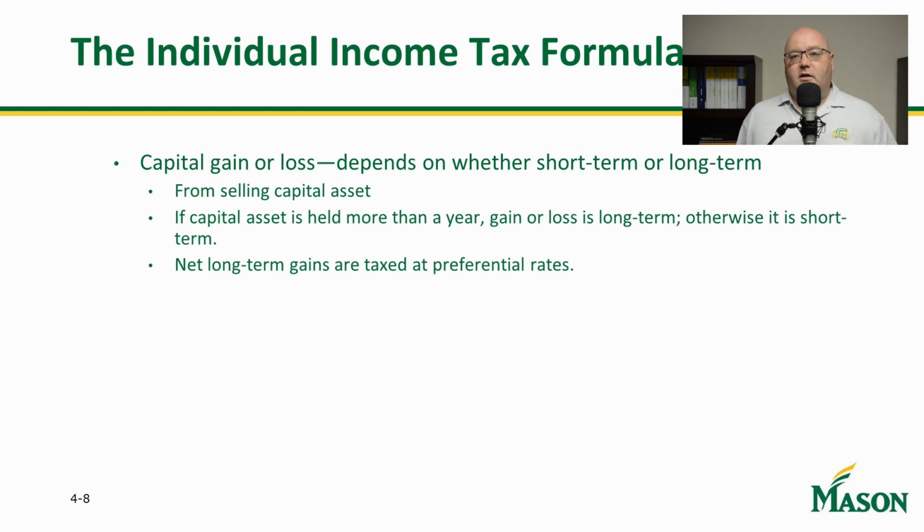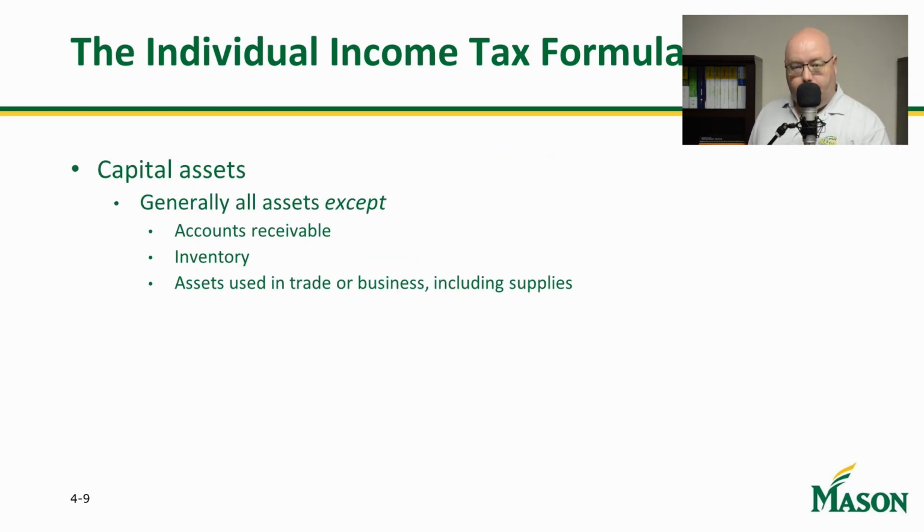But if the asset is held for a year or longer, it's going to be determined to be a long-term capital gain, and it's going to be taxed at the long-term capital gains rates, which are preferential rates of 0, 10, or 15%. Capital assets: generally all assets are going to be considered capital assets, except for the following: